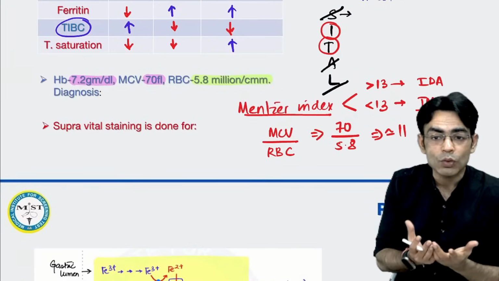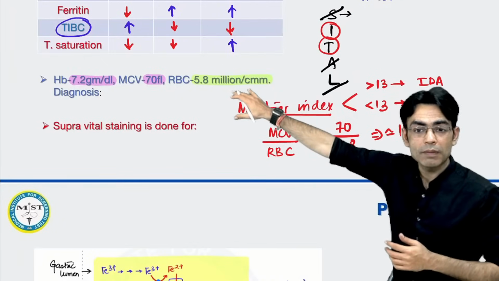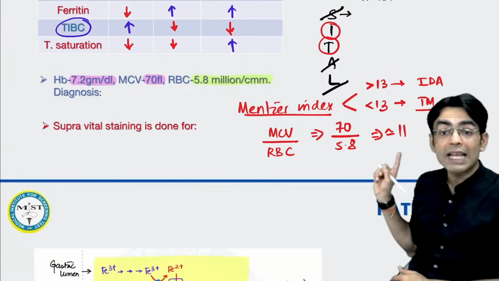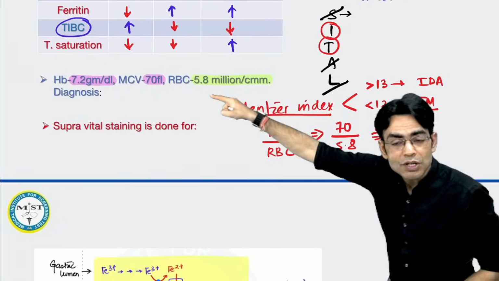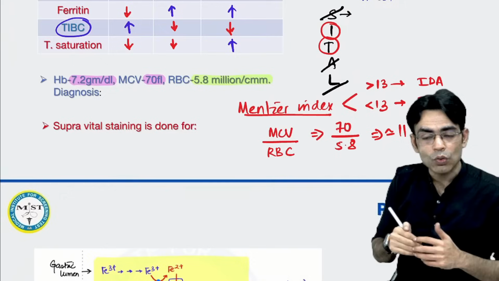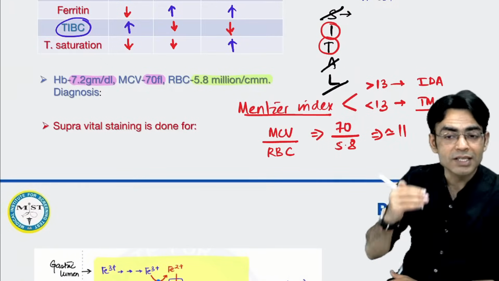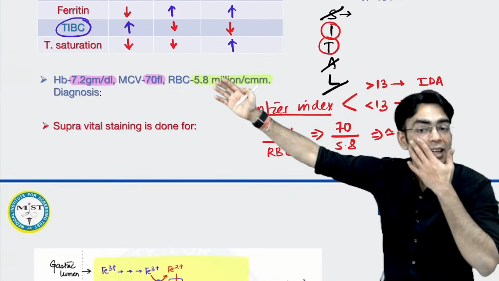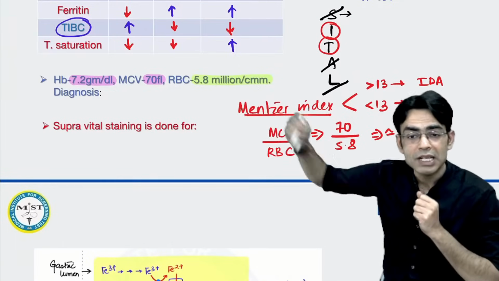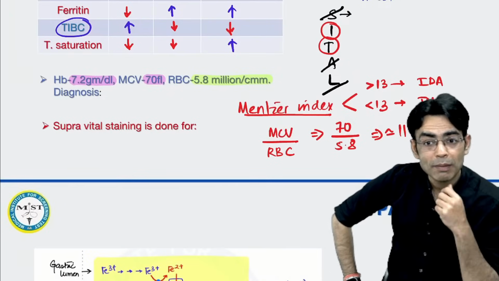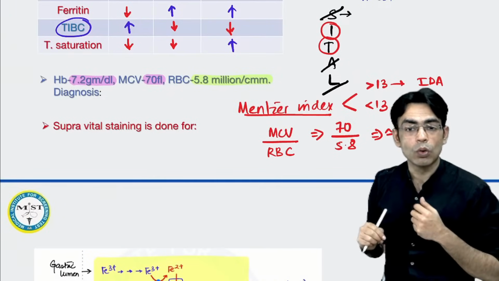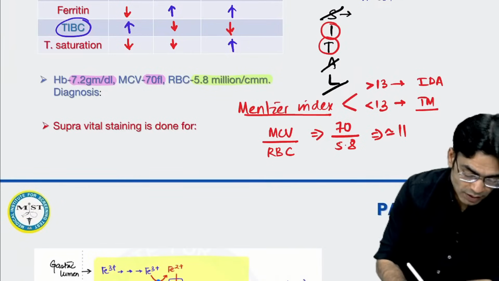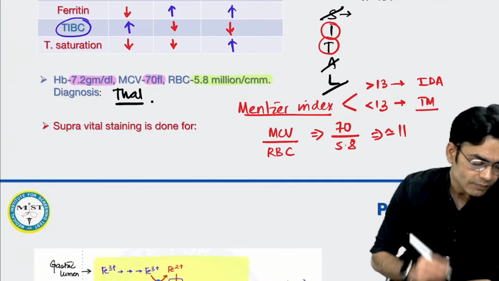How do you catch these questions? You have to see the RBC count. Because जितना कम RBC count होगा, more lesser the RBC count, higher will be the value. So if the RBC count is going low, and your MCV is also going low, then there are more chances that this is an IDA. But if the RBC count, beta normally 4 to 5.5 or till 6 तक ही रहती है, तो 5.8 आ रही है यहाँ पे, तो बनने में प्रॉब्लम हो ही नहीं रही है, and the MCV is low. So when the RBC count is high, obviously the overall value will be low, and it's a case of thalassemia. तो ये आंसर क्या होगा? Thalassemia.